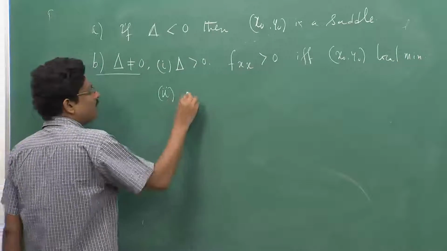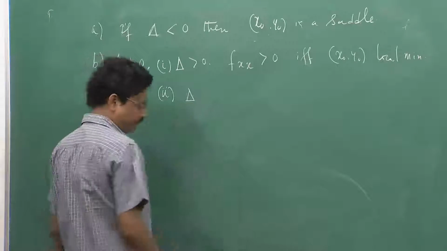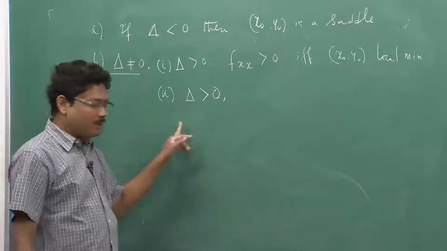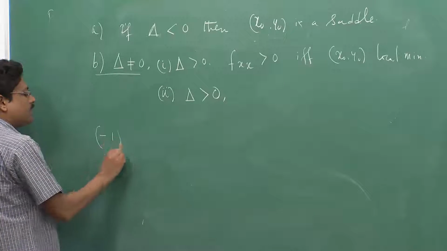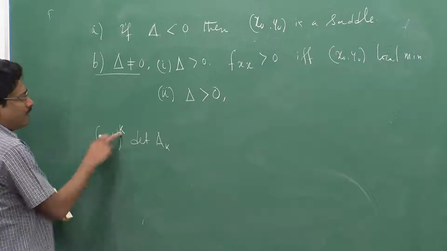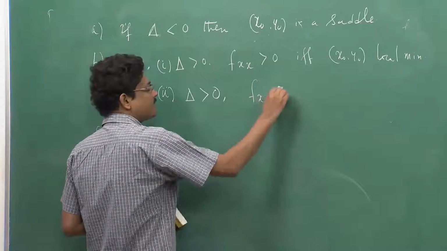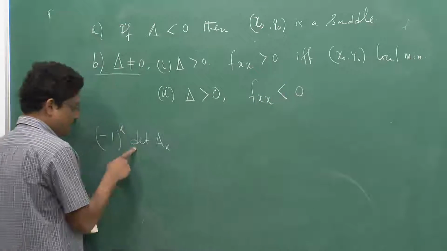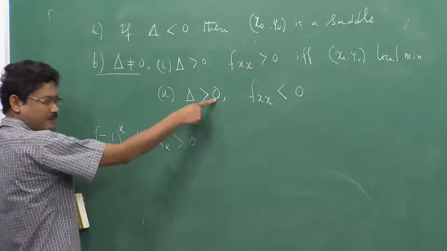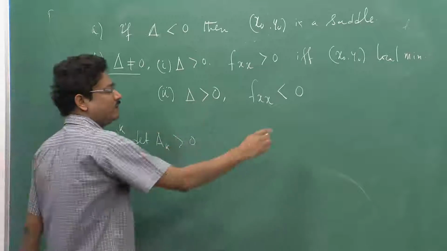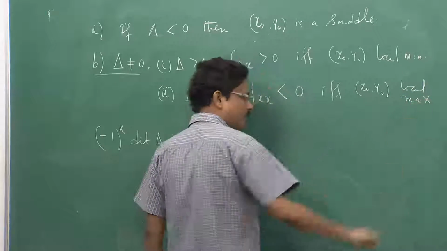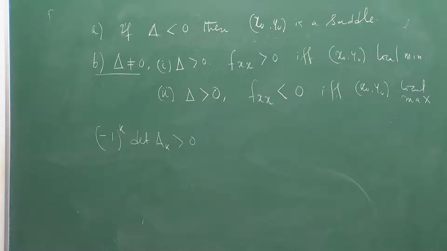Similarly, what will happen for the maximum? All the principal minors are, and what was the condition there? Minus 1 power k, remember, for maximum, minus 1 power k delta k. So, now here I have delta 1, k equal to 1, so I should have f_xx less than 0 and, minus 1 power 2, delta must be, and that second principal minor is delta itself, greater than 0 if and only if (x naught, y naught) is a local maximum. So, you just go back to the theorem, apply it, you get this result, and of course, the third condition is there,